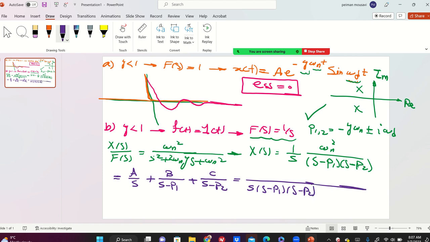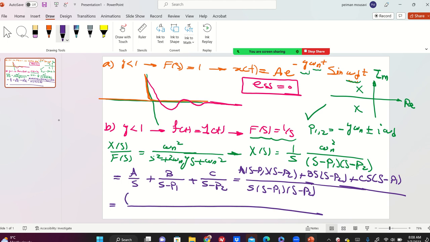So you're going to have a times (s minus p1)(s minus p2), plus b s (s minus p2), plus c s (s minus p1). This is the most trivial method to find a, b, and c. There is also the residue method, which I don't want to teach you because